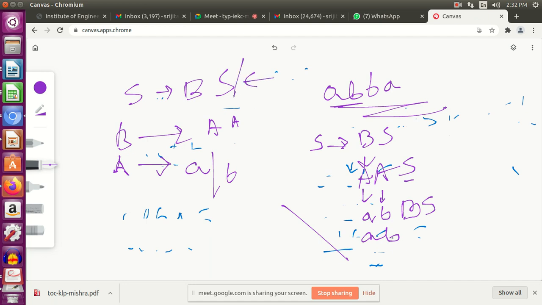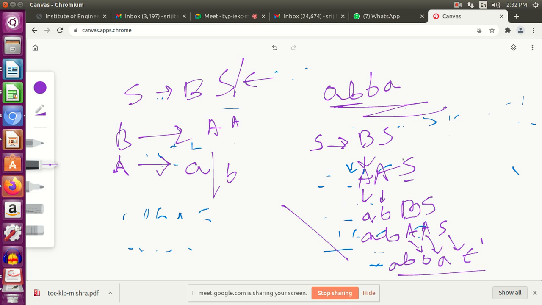Epsilon will be there, otherwise it won't terminate. Again for the B part I can have AA, so for the B part I can have A or A. I have an S over here, so I need a B over here, right? So A, B, again this can reduce to B, this can be reduced to A, and this can be epsilon, so you get AB, BA.